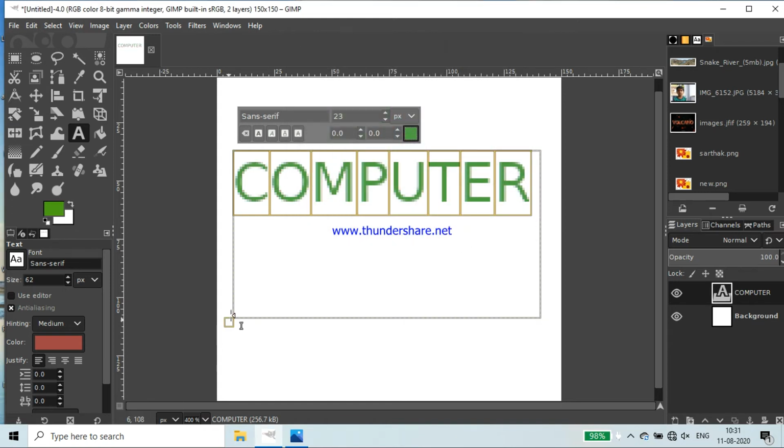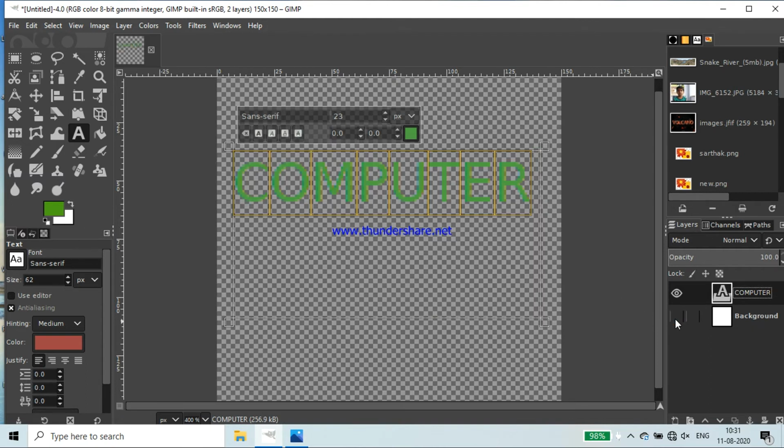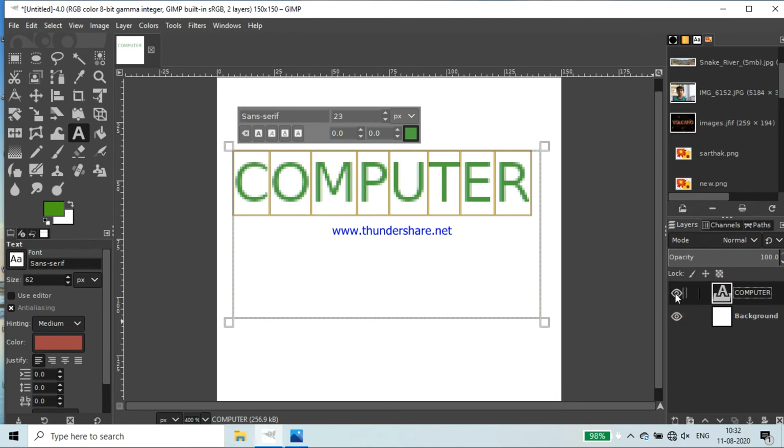Okay, now what you have to do, on the right side you can see one is for background and one is for text. Through the eye icon you can hide and make it visible, and you have to set the time here by changing the name. Two layers are here. The first layer, computer is written there, that I am changing. Okay, one, and time we have to give 2000 millisecond,